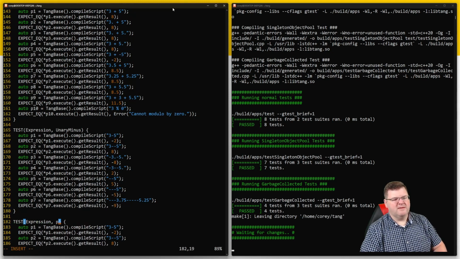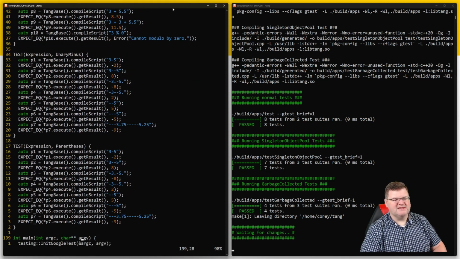Parentheses. Parenthesis is either the left one or the right one. It's a single one, but parentheses is the plural. All right, so